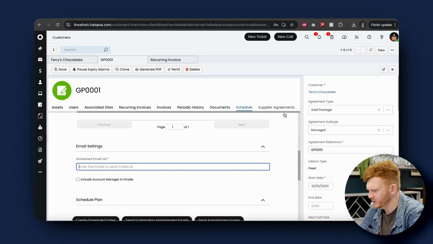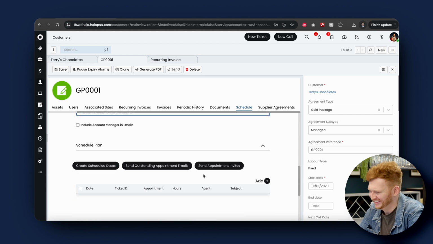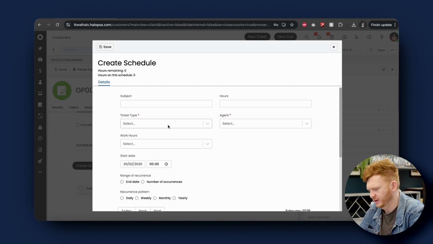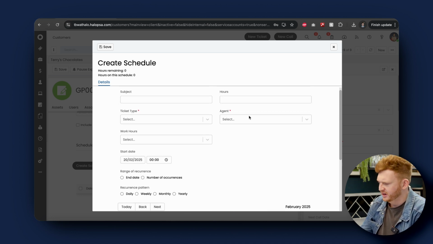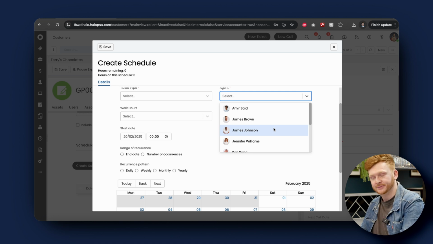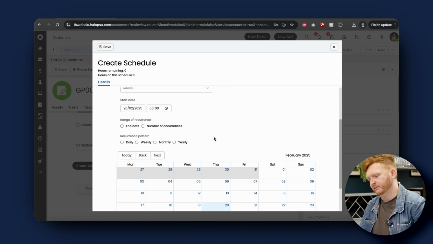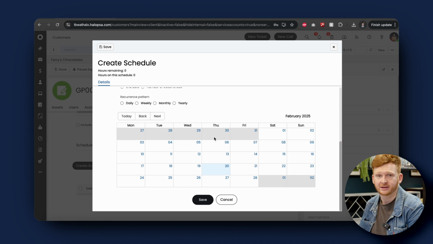Enjoy. In the Schedule area over here on this tab, this is a very handy piece where you can book in catch-up calls, or if you've agreed with the client you're going to go on site one day a month, you can go into this area and basically say if it's a catch-up or if it's a visit or if it's a particular job you need to do. You can say who from your team is going to get it. And then because we have a two-way integration with Outlook calendars using the Graph API,